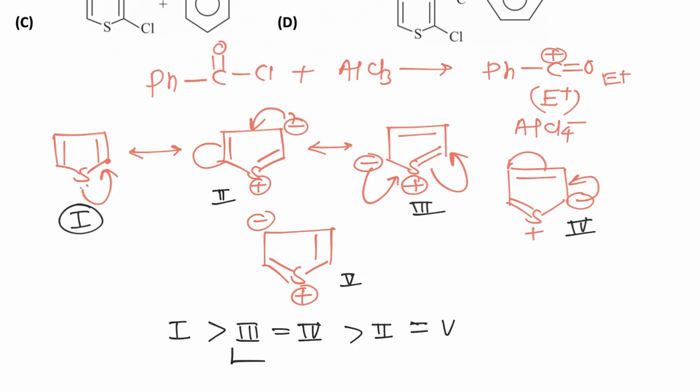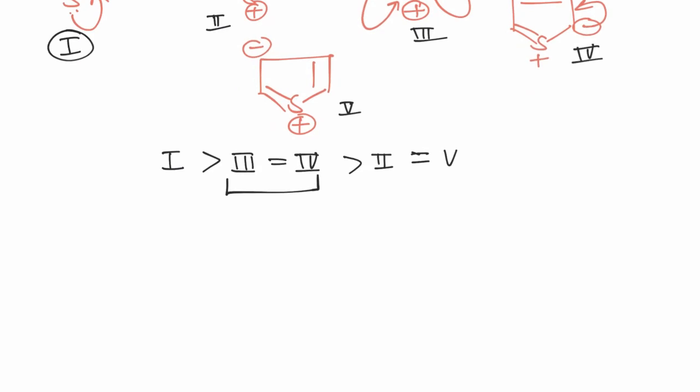So the 3 and 4 resonating structures will contribute more to the resonance hybrid, so the real molecule will be more like 3 and 4, and hence maximum electron density is present at the carbon atom adjacent to the sulfur